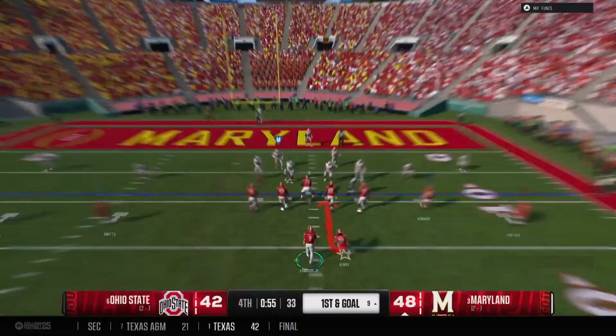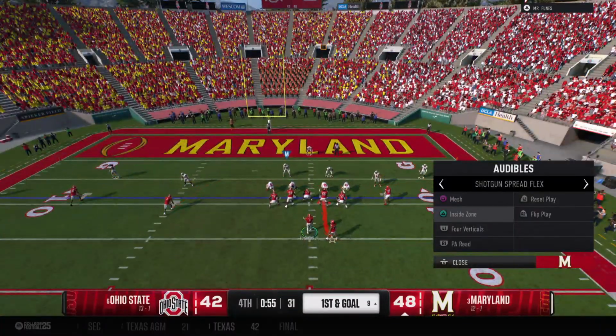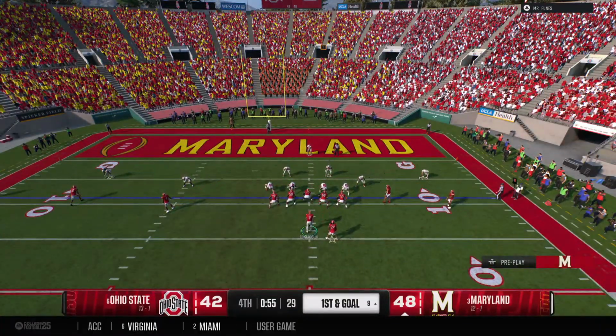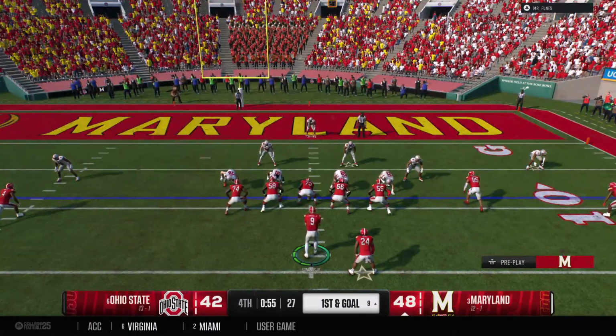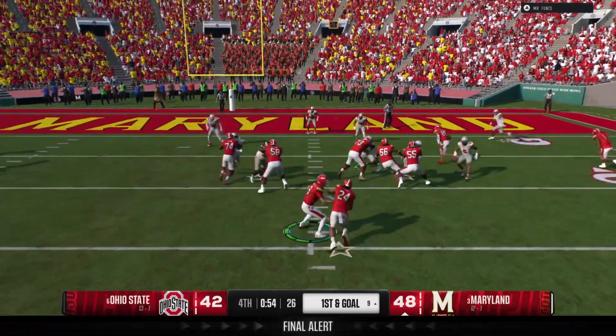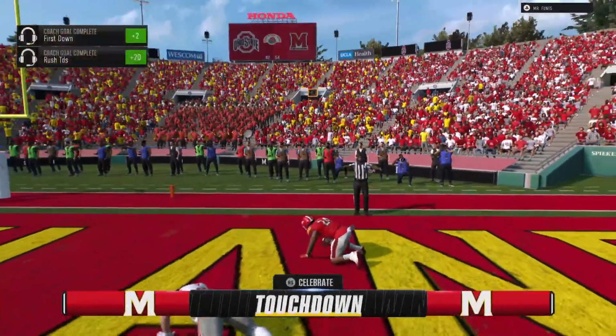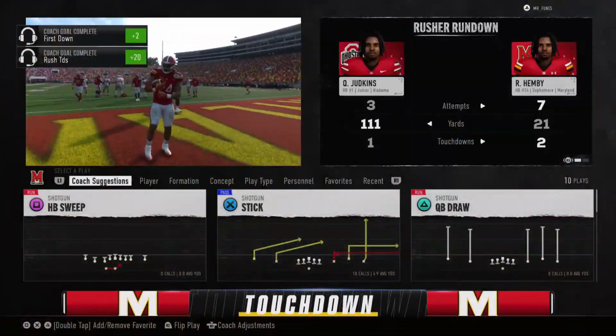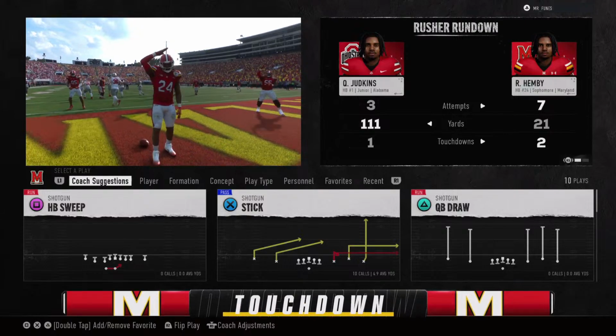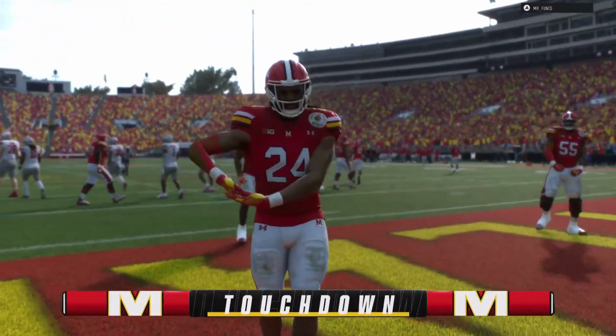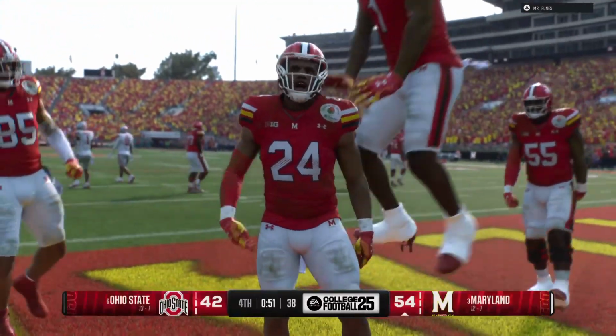And the Terrapins enter the final minute of play, looking to run the clock out and win this game. First and goal, handoff. Makes it across the goal line. Touchdown, Terrapins. Runner shows toughness and will, refusing to be brought down. Ends up in the end zone.